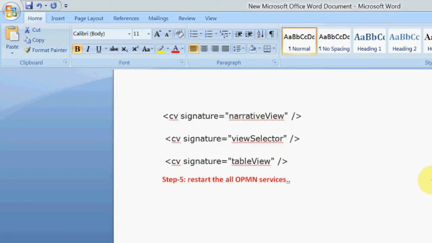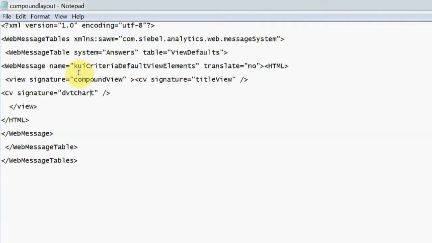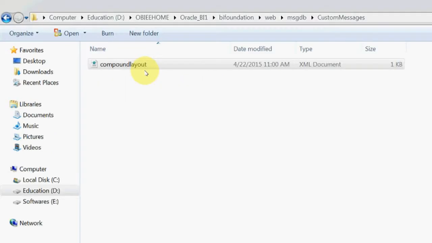If you need a narrative view or view selector, table view like this, then you can insert this tag also. But for now I am using this dvt chart. Okay, we successfully copied this file into this drive.